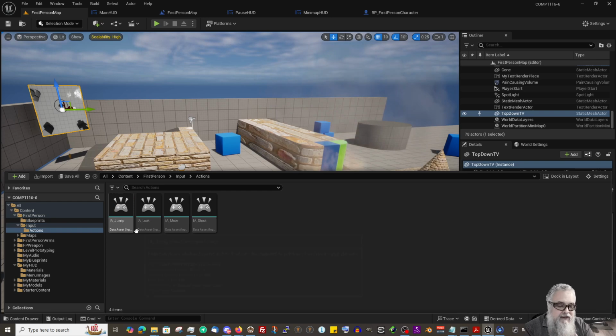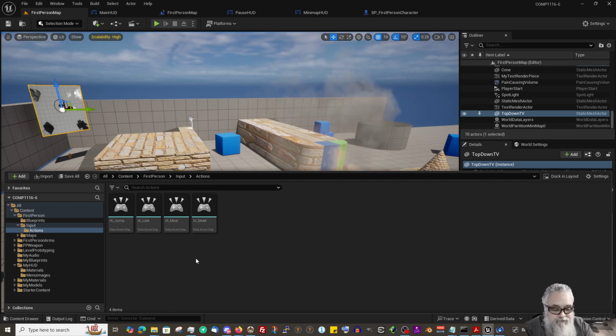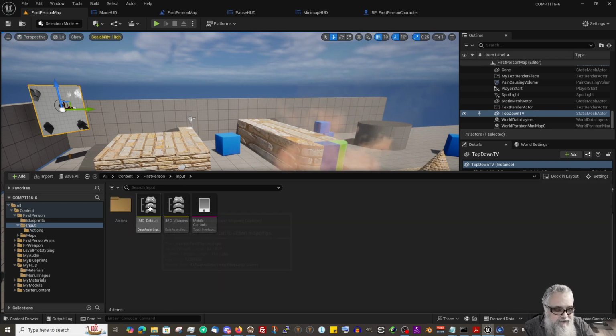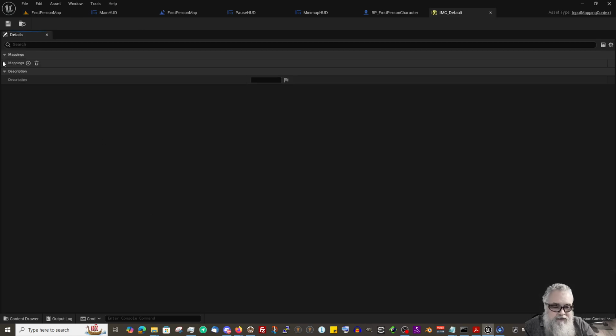So if we look at the action names, there's a jump action, a look, a move, and a shoot. Basically what your player does. So let's think about toggling the minimap on and off, and let's add an action for minimap. In order to do that, we need to make a change to this IMC default. And if we look in here under mappings,